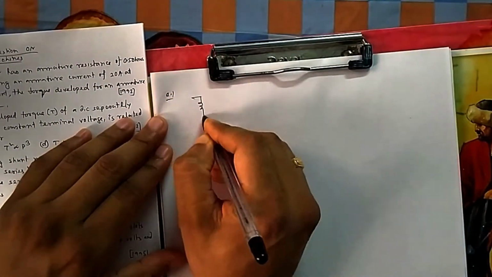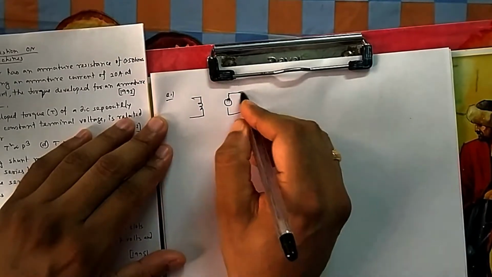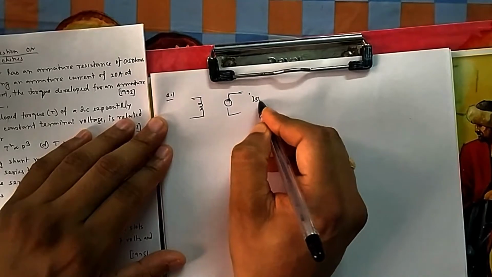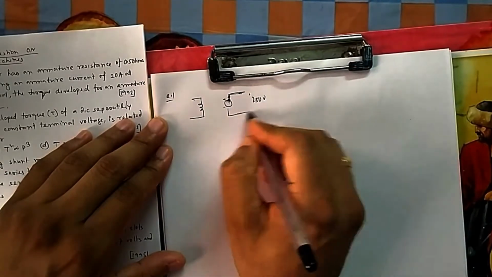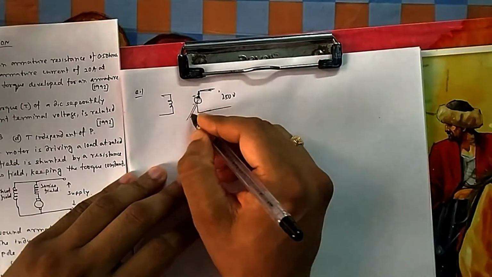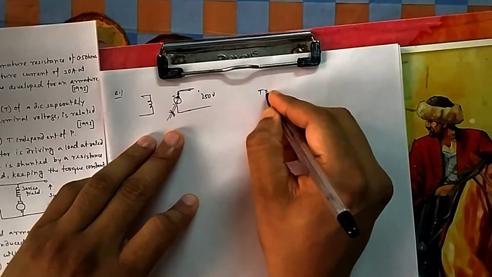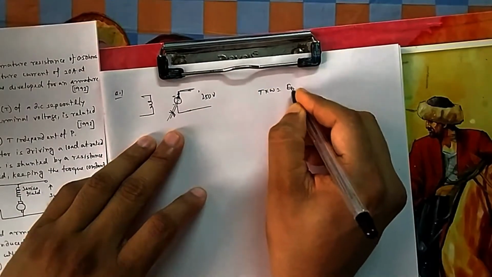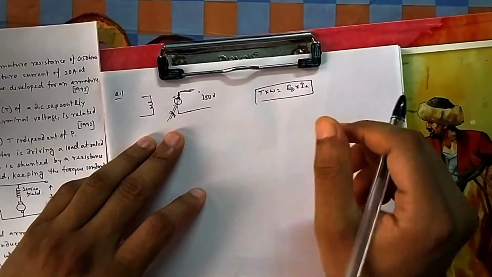So if I draw a separately excited DC machine, this field is separated and here it is connected to 250 volt. There will be armature resistance, and after that this back EMF will come. So the first thing, what is the relation between this mechanical power and electrical power? That you have to always remember. That is torque into omega is equal to EB into IA. So this is one of the main formulas, or the heart of the DC machine.